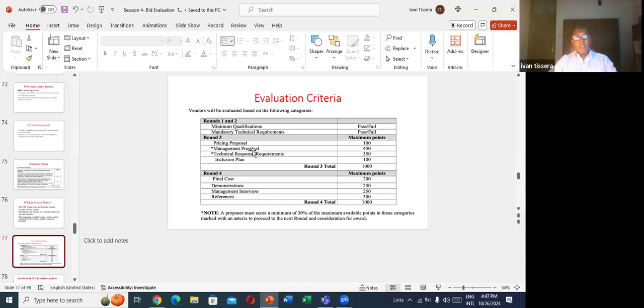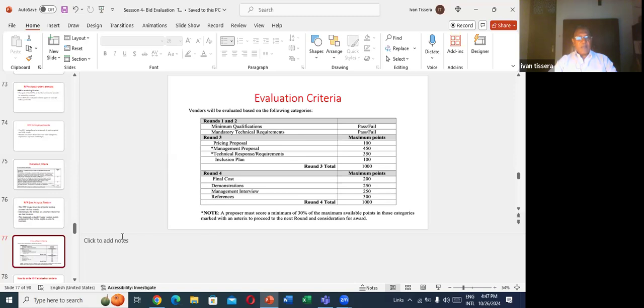Round 3: preliminary proposal, management proposal, technical proposal, inclusion plan, whatever, they have allocated marks. I said in some cases they give marks out of 1,000 because 200 is too small to give subdivisions. Round 3 total is 1,000. Round 4: final cost 200, demonstration this much, management interviews 250, references 300, again 1,000. I mean, those are different